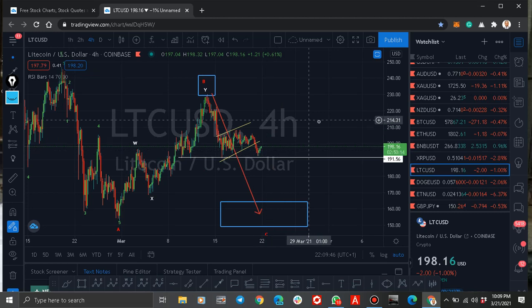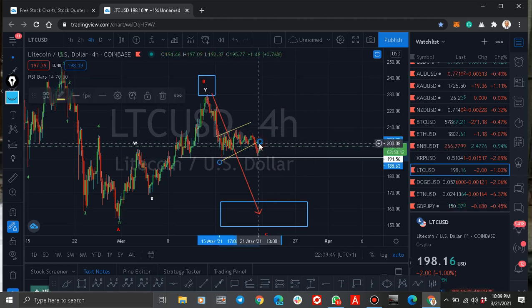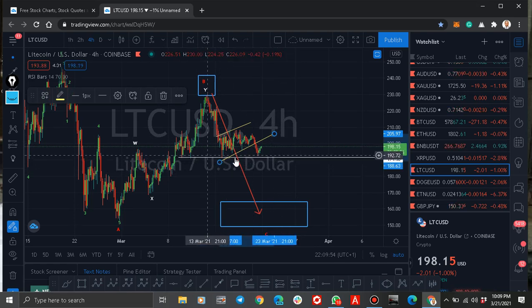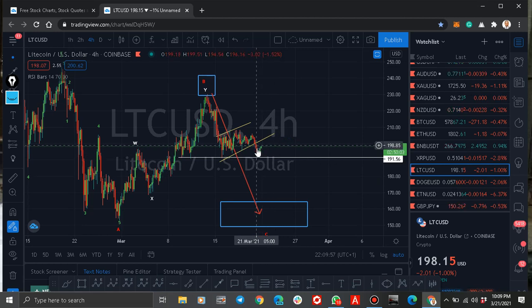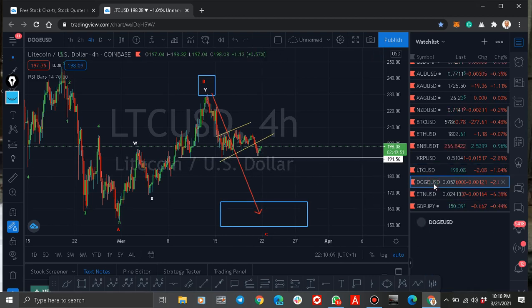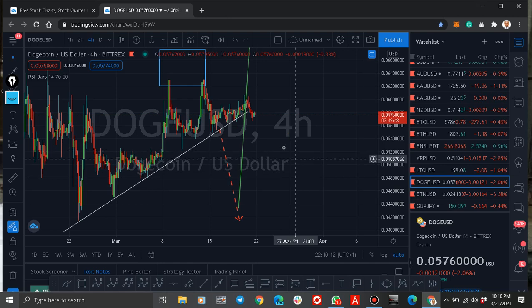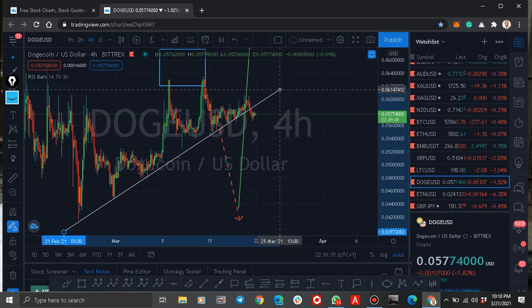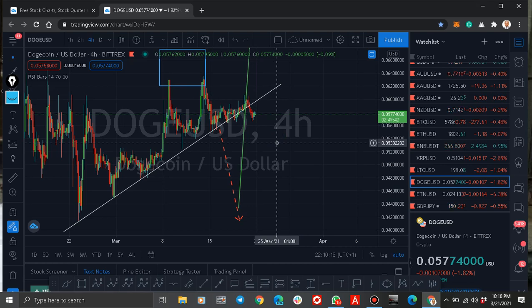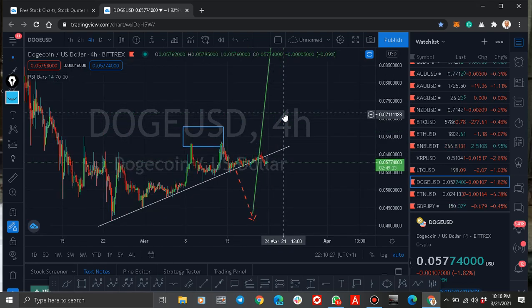Litecoin broke the channel, but it couldn't break the support. The support is still intact. Until the support is broken, we will not look for it. We are looking for a sell, but the support must be broken. If not, it may just turn back and continue going up. Okay, Dogecoin also has broken a channel, but no much strength of going back. Okay, so we keep watching how it develops, but for now